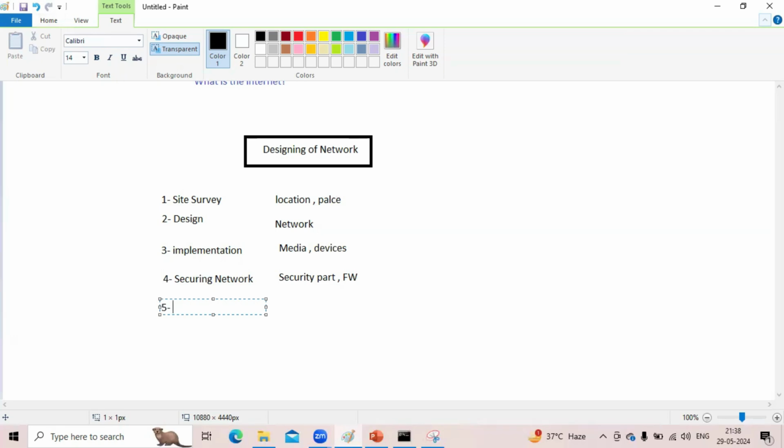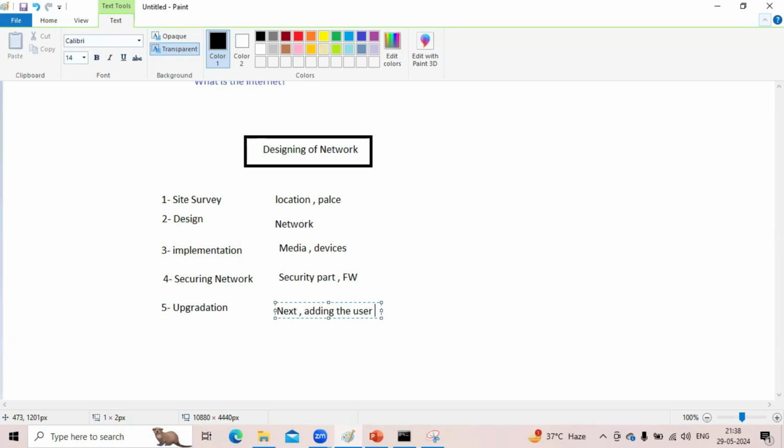After that we are thinking about the upgradation also. Upgradation in future means, suppose in the next month, how many users are going to be added? Maybe we have a capacity of 500, we are going to increase by 100 more. So we have to think about that, right? Whether we have to buy the same devices, or we can leave extra ports, or leave extra space and lay down the cables. That upgradation we have to think about, right?